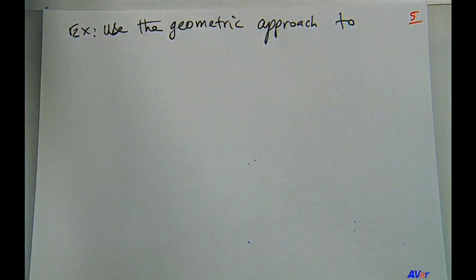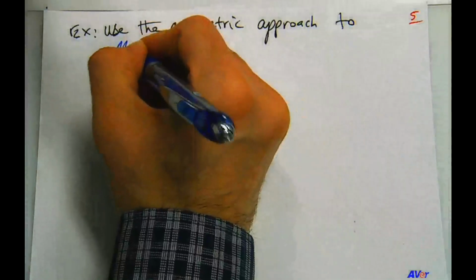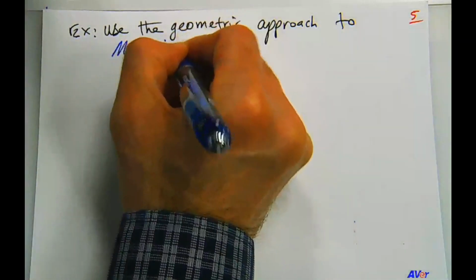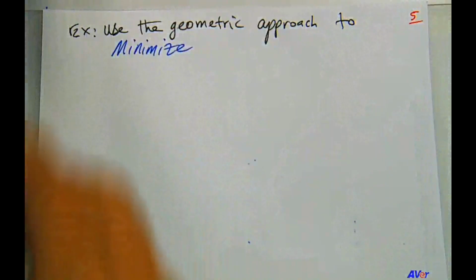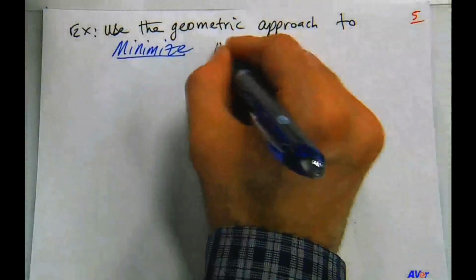This time we want to minimize the system. So previous example was maximize. This is to minimize, right? Minimize the objective function